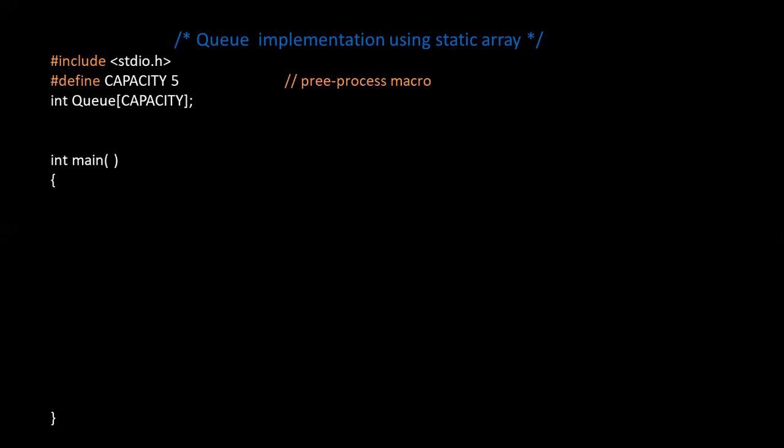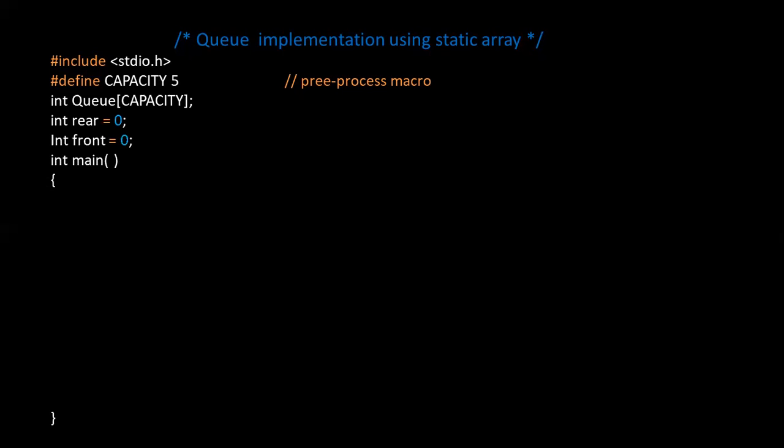Next, on the queue, if you need to perform any operations, all these operations can be performed only with the variables front and rear. So what will be the initial value of the front and rear? This is our first question. Initially the front and rear will be pointing to the first location. In a static array, the index value always starts with 0. So we are initializing the rear value to 0, and we also need to initialize the front value to 0.